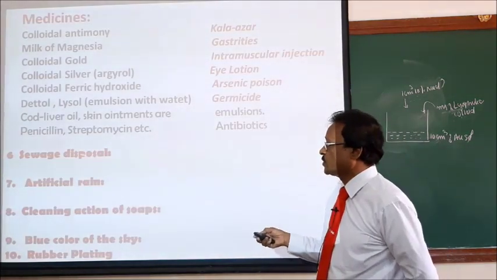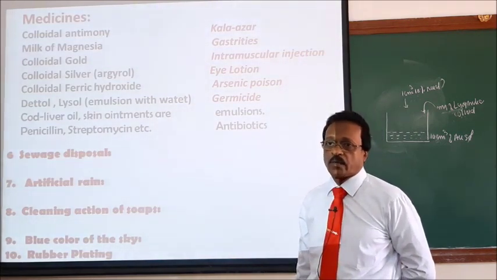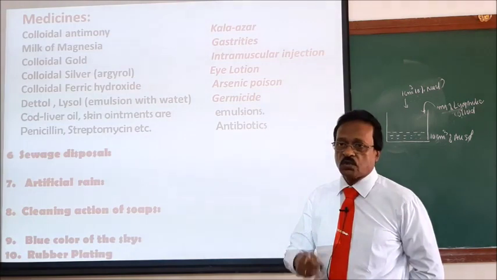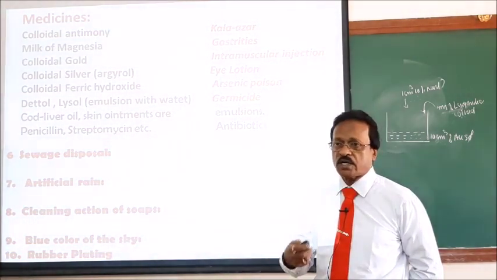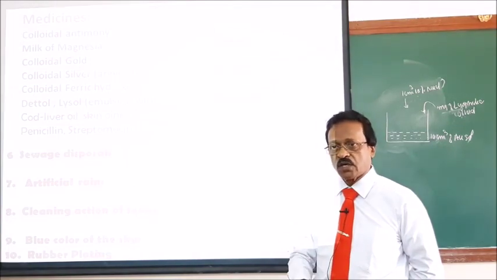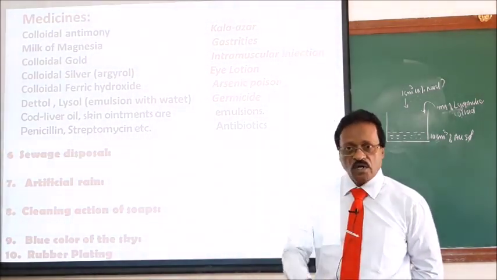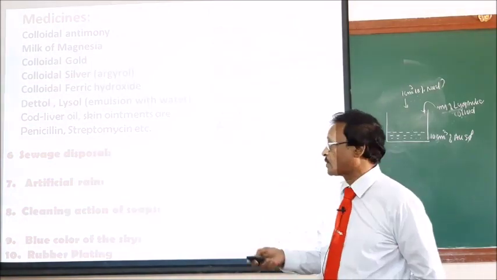In big cities, domestic or industrial wastewater disposal is a big problem. To remove the colloidal particles that have not settled down, their charges can be removed by electrophoresis. Then they settle down, and the settled matter can be used as a fertilizer for agriculture, and the water can be recycled for various purposes. Sewage disposal.